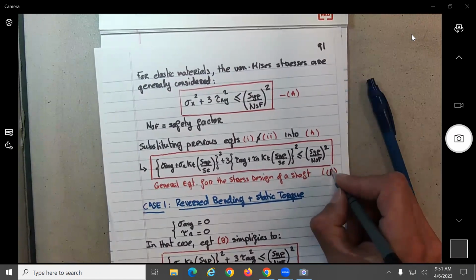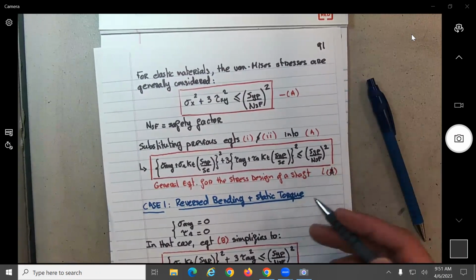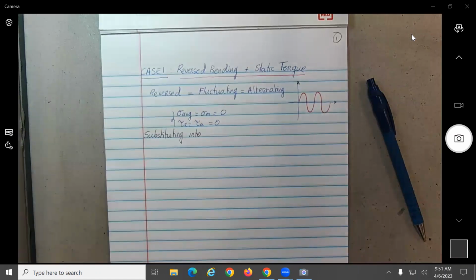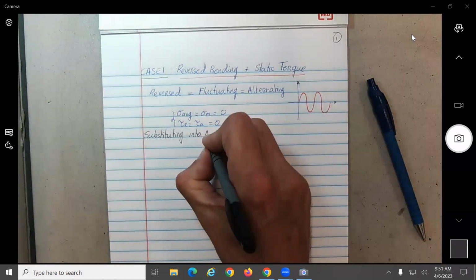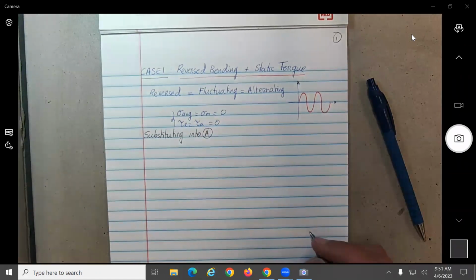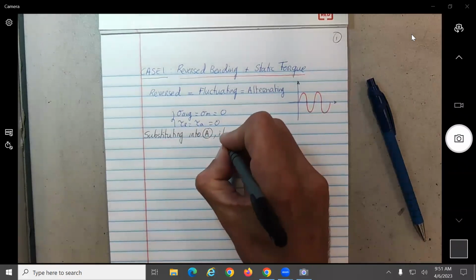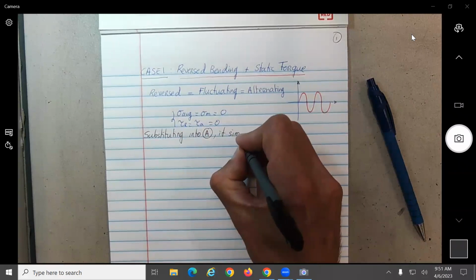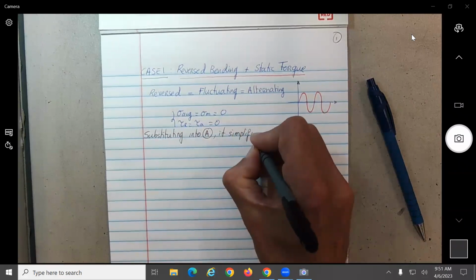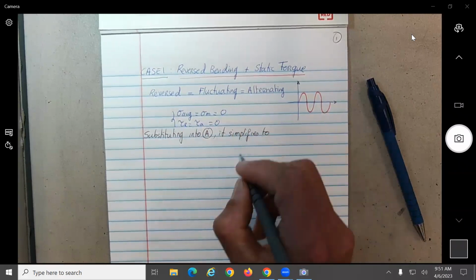Let's just call it A in our case. So substituting into A, it simplifies to